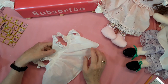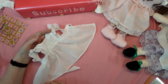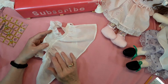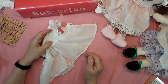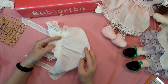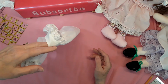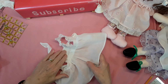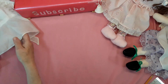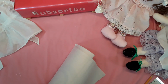With that measurement, you'll want to double it for the length of the skirt of your apron. And then you will gather it in to fit your waistband. And of course your length, you can make it any length you want. And to make the bodice, or the bib, I guess you call it,